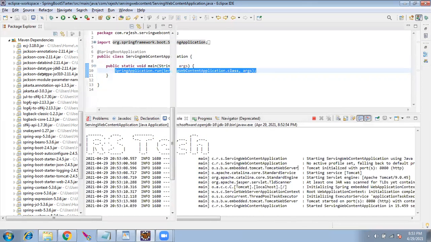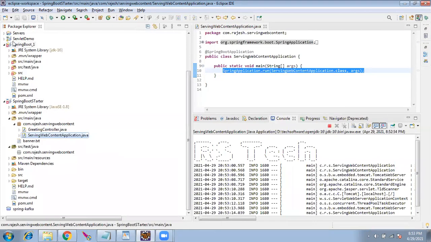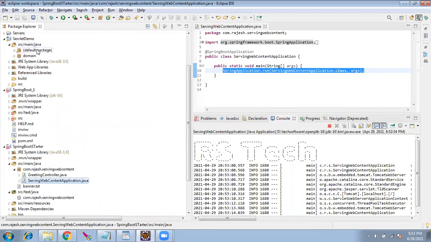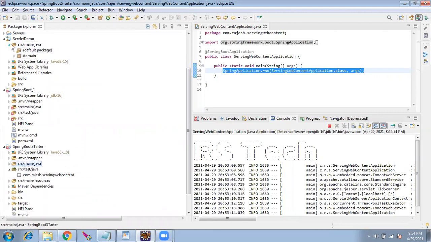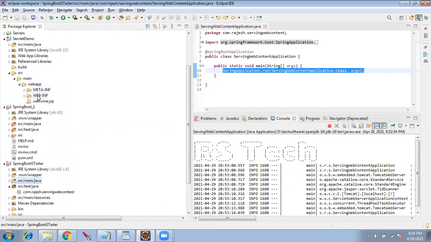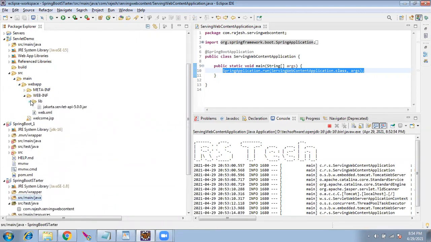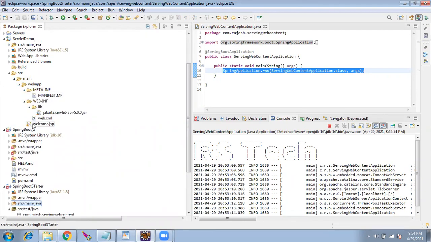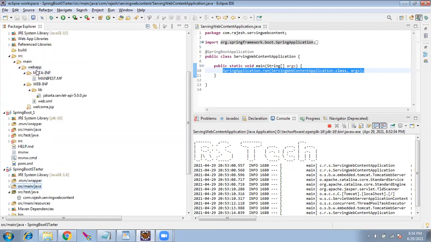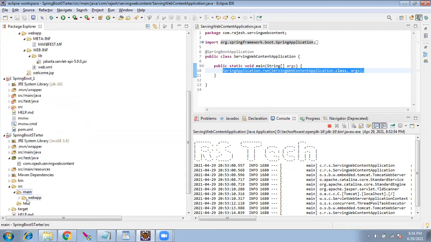Now I'll open up the program which we did earlier, servlet demo. We had src main Java. We are having src main Java, so no change. We have an src folder, main folder, webapp folder. We created, no, automatically it created WEB-INF, correct? And lib, META-INF, all these were automatically created. Here also, if you see, src main webapp,